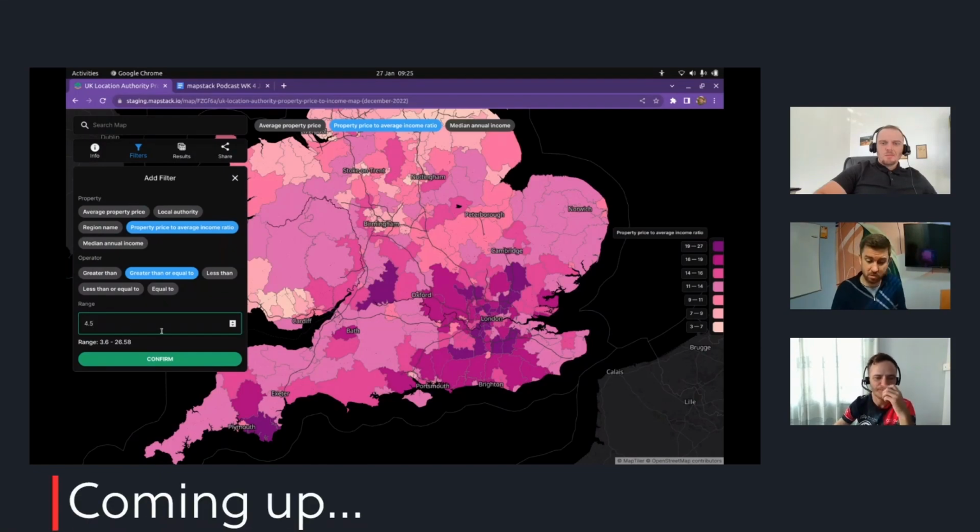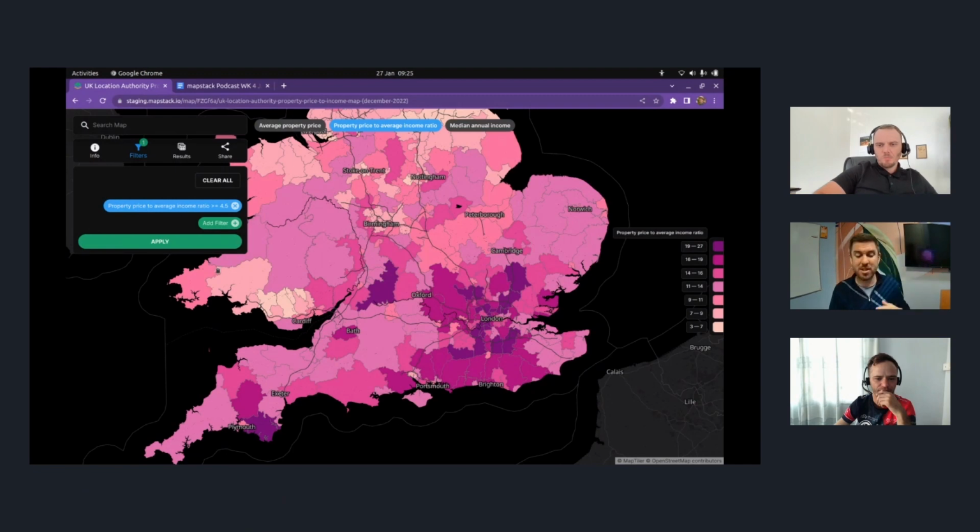So this is it. These are the places, right? Drum roll, please. These are the places in the UK where somebody who's earning an average salary can buy an